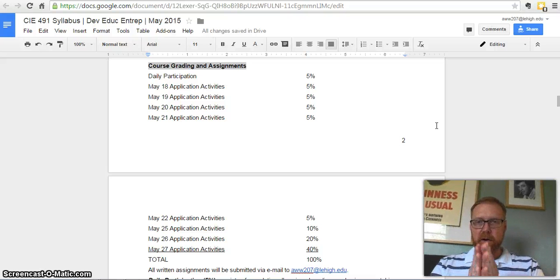So you can see that there are points assigned for each of your day's application activities. They start small and they get big. So you want to make sure that you are on the ball, especially later in the class. As you can tell, it moves very, very quickly. There are only 8 actual instruction days. The course itself lasts over the course of 10 days, but you only have 8 assignments.